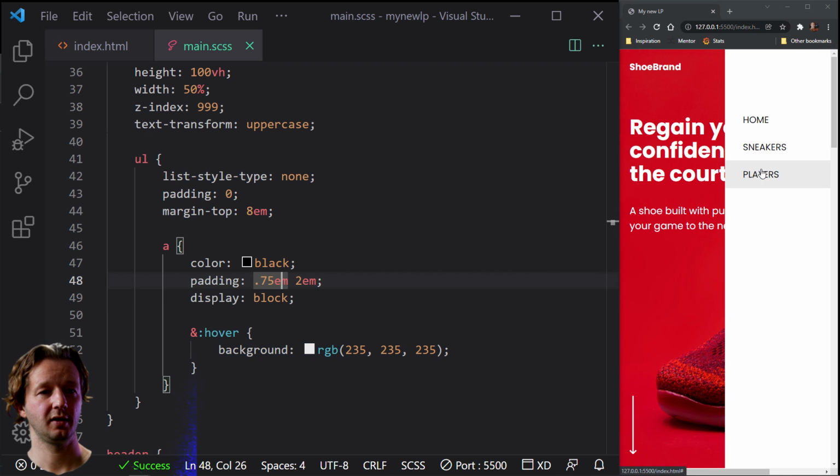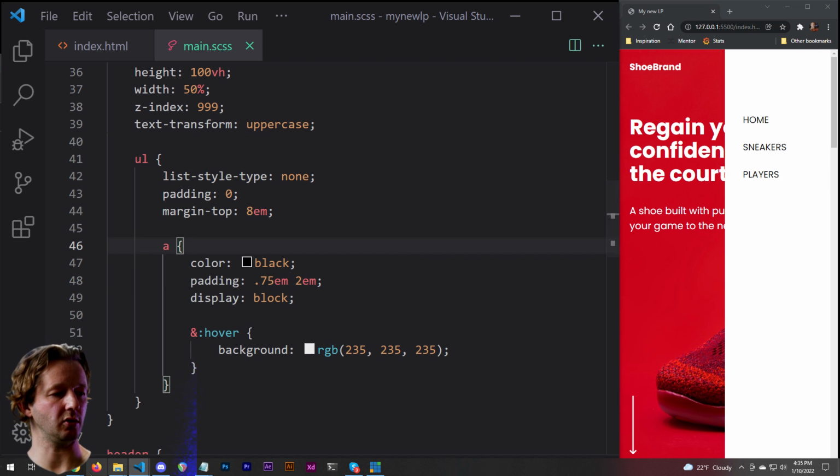So if we hit save, look at that. That's a lot better to have a nice little hover effect. Now let's get that close button working here. So in Figma,